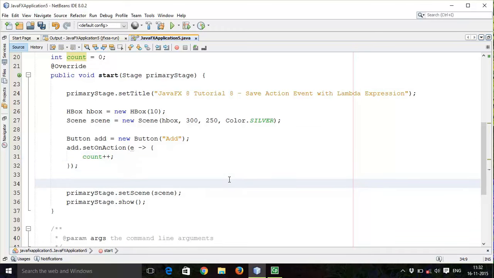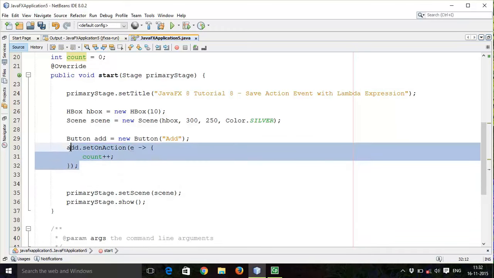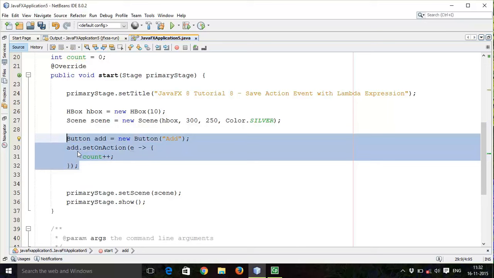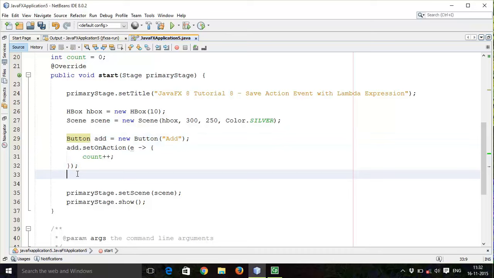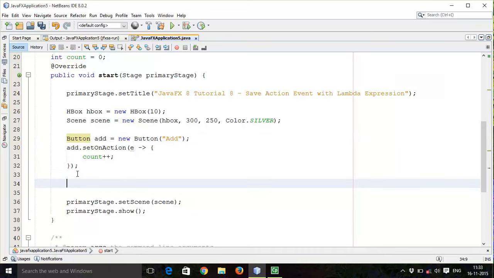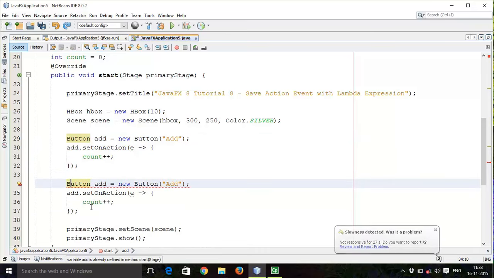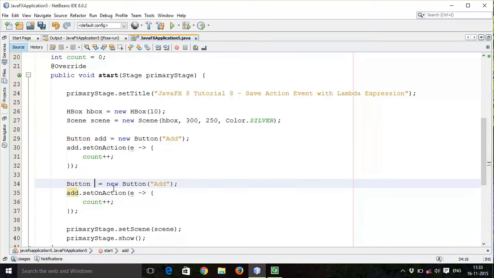So one button, again I will add another button with the decrement operator, subtract, paste it here, replace this add with the subtract. So sub instead of plus or minus.